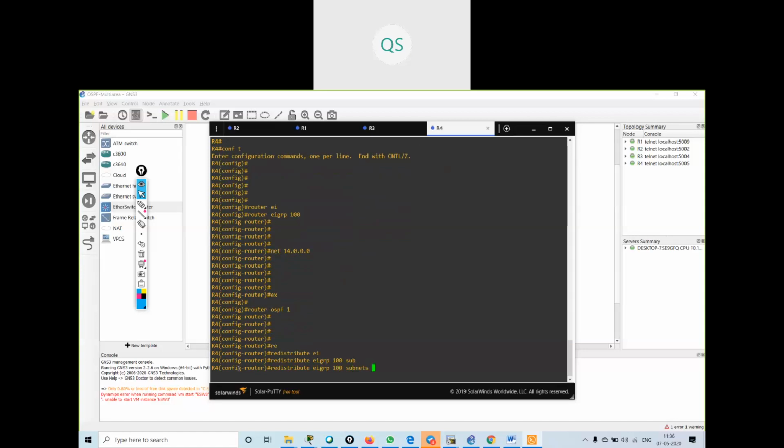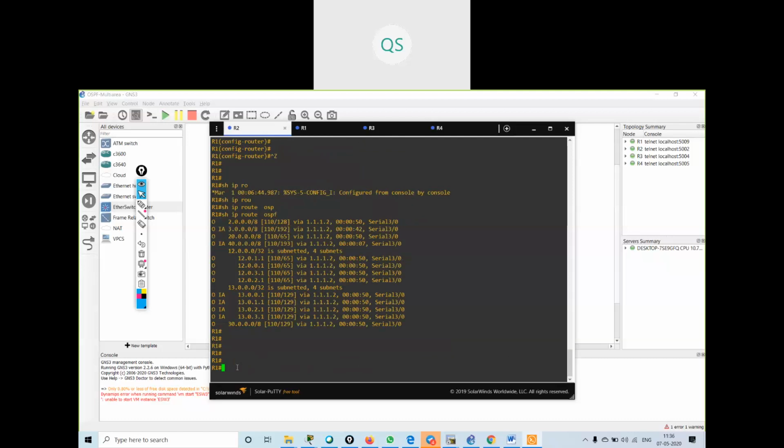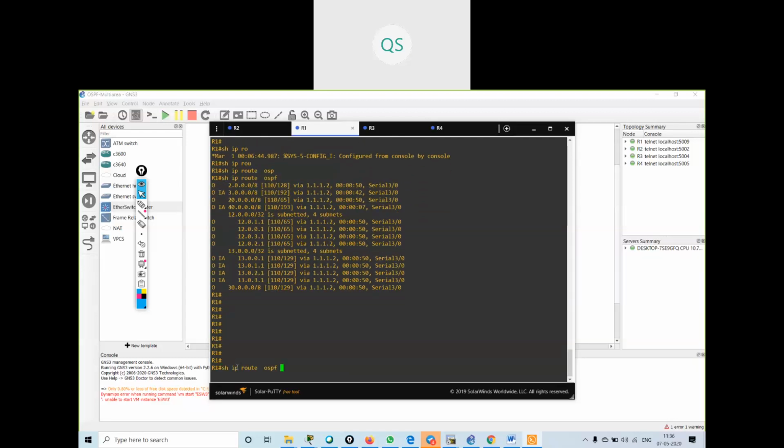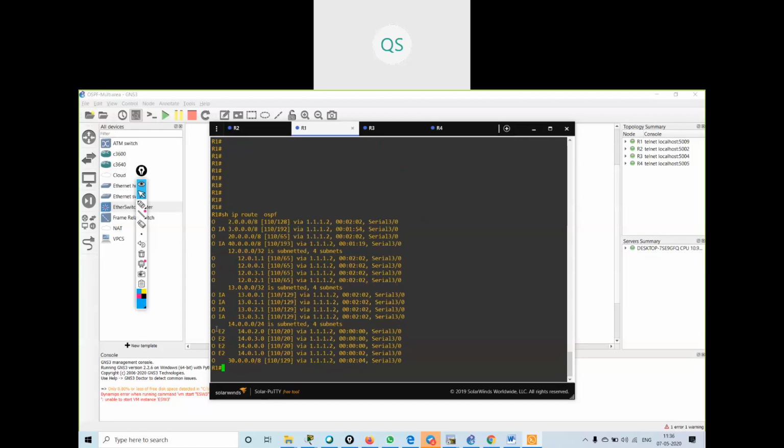I'm not using the metric values and all the things, I'm just giving the default scenario. By default it will use E2 routes. So if I go on R1 now and see show IP route OSPF, you can see I am getting E2 routes.